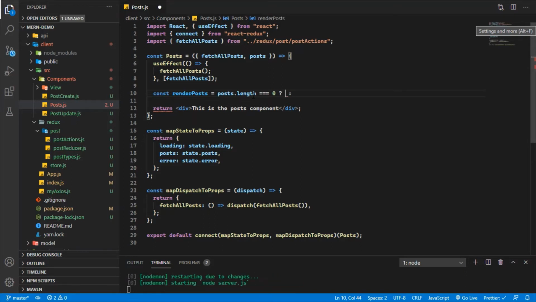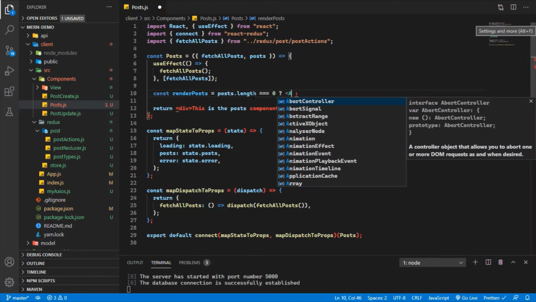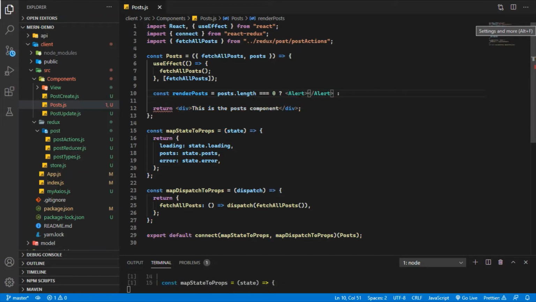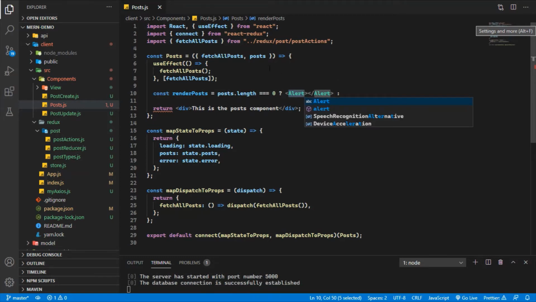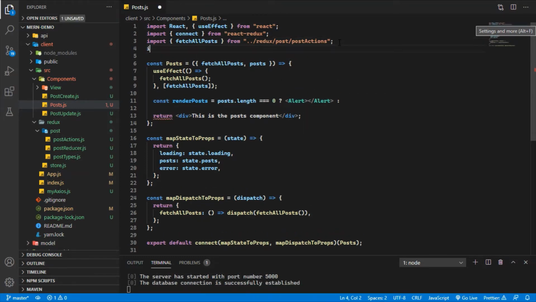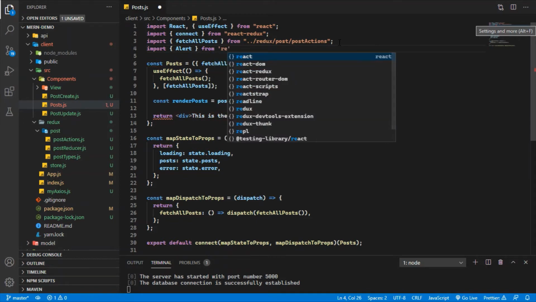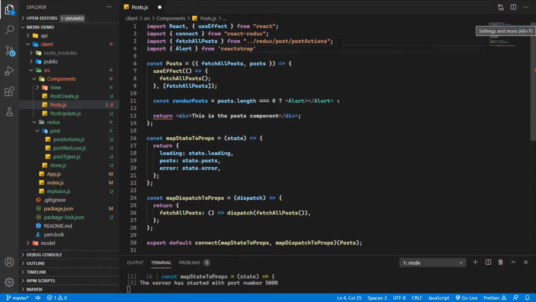For that part I'm going to use a UI component called Alert, and I'm going to import Alert from Reactstrap. Then I'm going to mention the color, and I'm just going to mention the primary color.